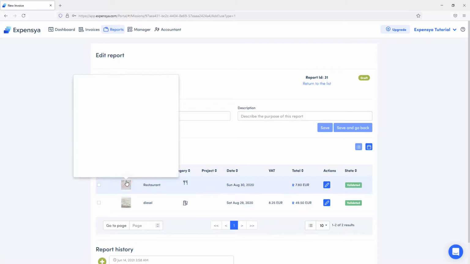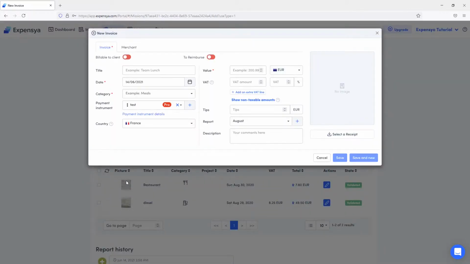You can also assign an invoice to a report as soon as you create it. This is done via the Report field in the